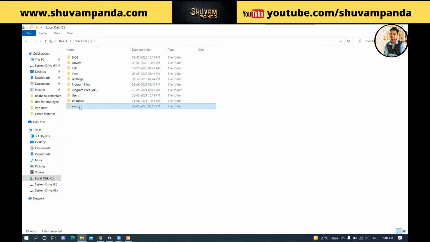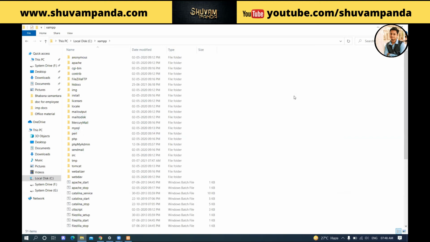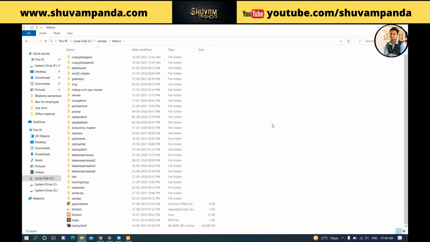In this XAMPP folder, you need to double click it, because we have installed software called XAMPP, and XAMPP is made to create a server and database in our local machine. So we have to put any WordPress file into the particular server folder. That's why we found the server folder in the C drive, XAMPP. Inside it you will find one more folder called htdocs. If you double click that folder, you will find that this is the root of the server. Here we need to put our WordPress file.